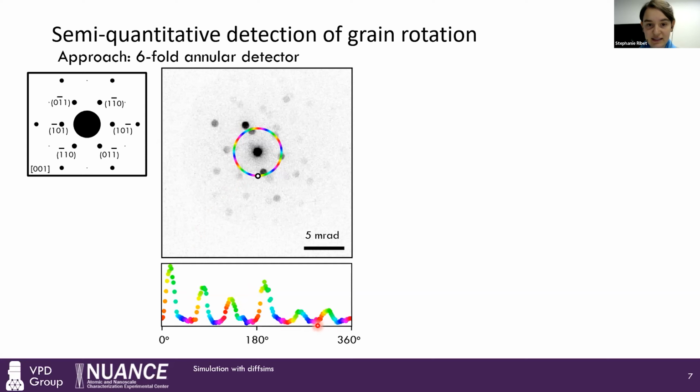And again, you see very nicely the six-fold symmetry, all the green peaks. Then we're going to find the area of maximum intensity, and we're going to divide by 6 to account for the symmetry and plot that for each position in real space. So then we can show relative grain orientation